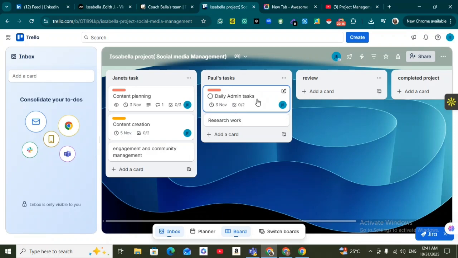Okay. So it's showing here that Paul's task is very urgent. So that is what we are supposed to do on the other one. We also add, but I don't want to waste so much of our time. So this is it. Now, once the task is completed by either Janet or Paul, what they are supposed to do,